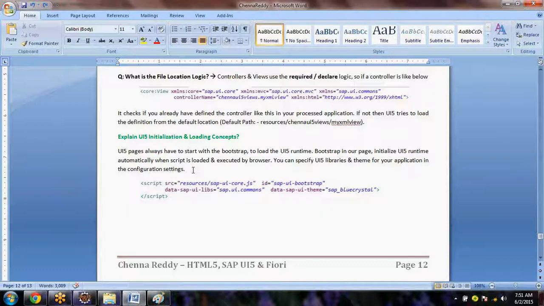Now, the next point is, please try to understand the point one by one. Now, you are trying to load this script, right? Whenever you try to load this script,